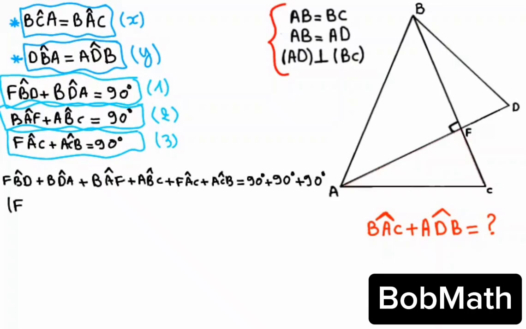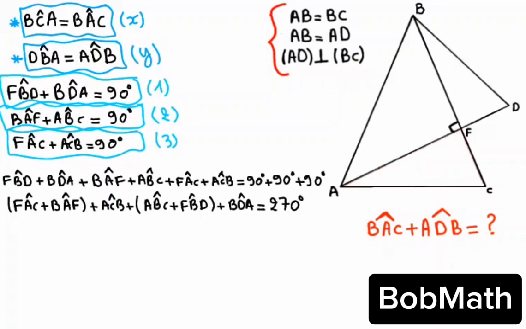So angle FAC plus angle BAF plus angle ACB plus angle ABC plus angle FBD plus angle BDA equals 217 degrees. We know that angle ABD equals angle ABC plus angle FBD, and